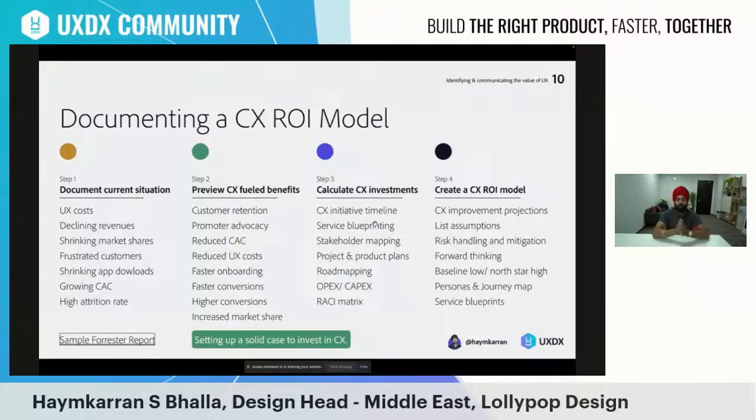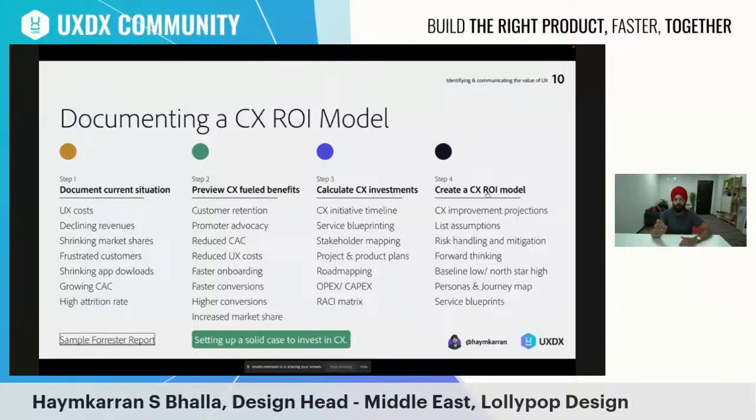And step 3 is most important. This is exactly where you're doing your blueprinting analysis. You want to understand how you invest in bringing this initiative to life. So how do you calculate the investments? Make sure you make everything transparent as a case for the clients to understand what steps to be taken from day one to the final day, to ensure that whatever we think as a goal to achieve with the help of a CX ROI model could be achieved later.